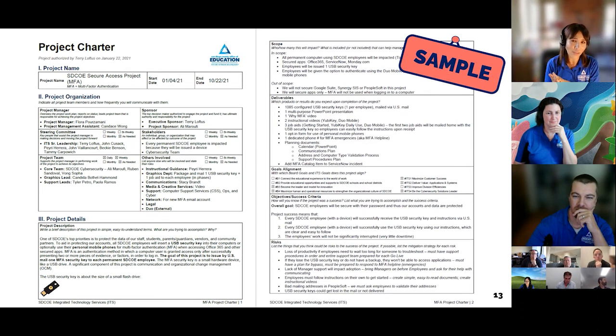The charter serves as a document that you can take back to your sponsor, your steering committee, whoever is saying yes, to basically get that green light. You've done all the thought work. You've got this plan. This is what we're anticipating. This is what we think the risks are. We're going to go live on this date. Here's how we're going to communicate. Here's all the people involved. What do you think? Is this what we're agreeing on? And you get that authorization from that key person.